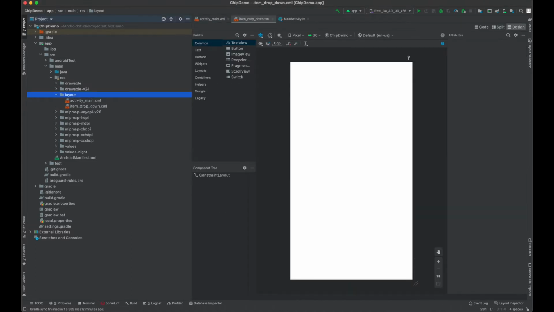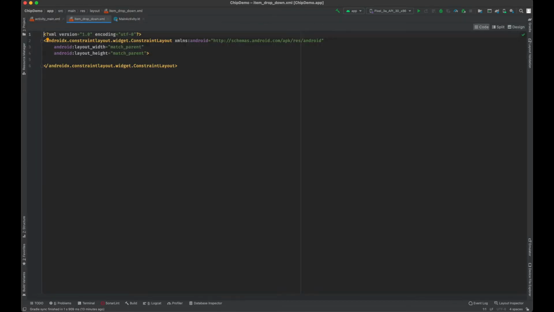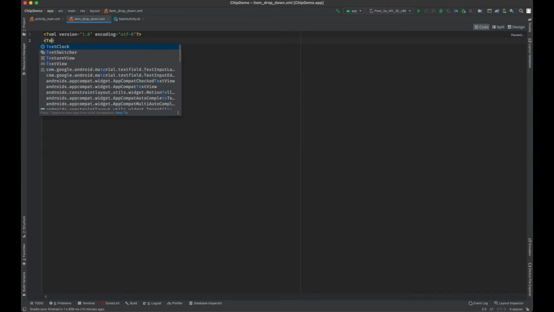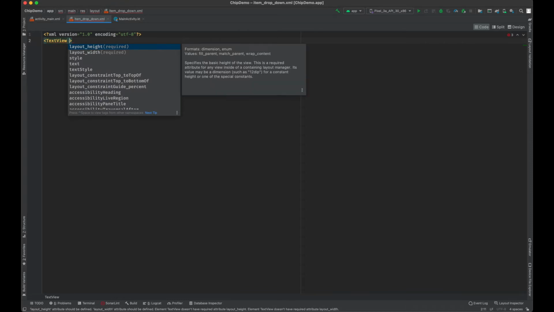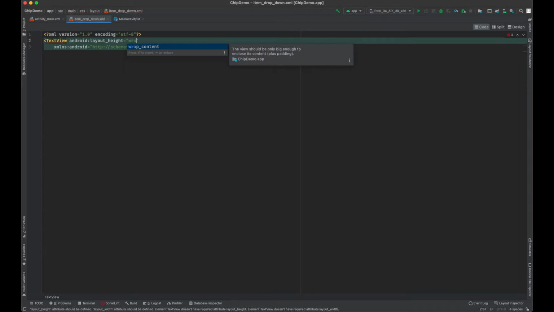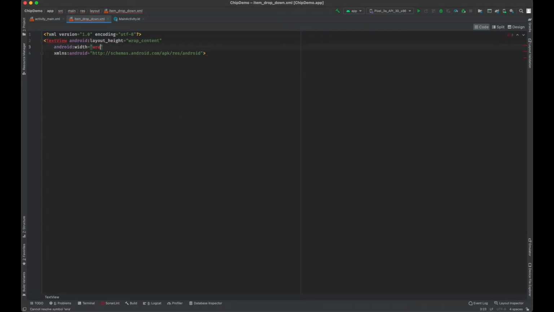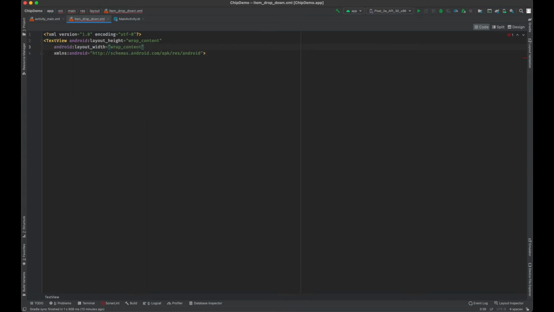The parent layout was selected as constraint, but clear out everything. So clear out everything, and the layout will have only one element, text view. So let's put all the necessary properties here, width and height. So mandatory parameters are done.